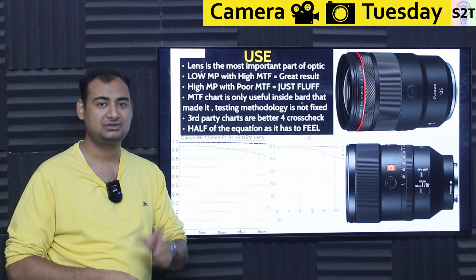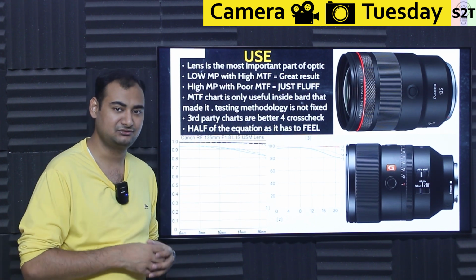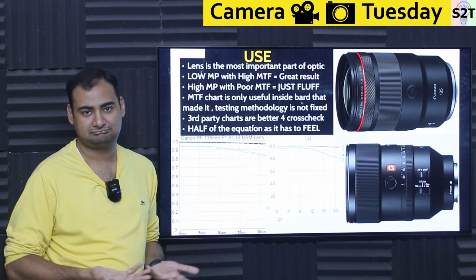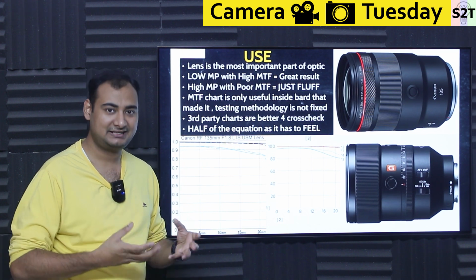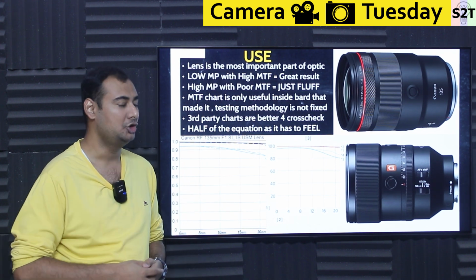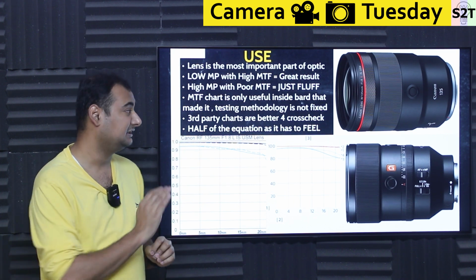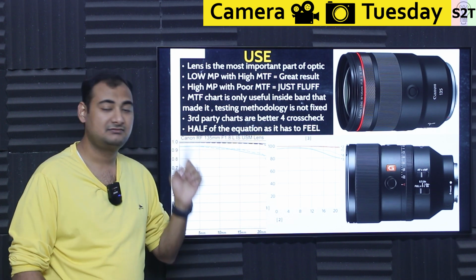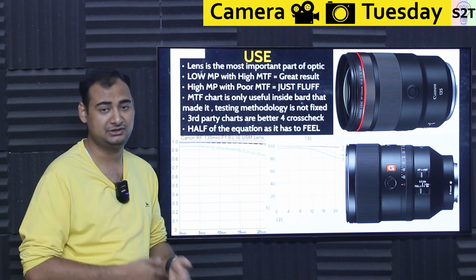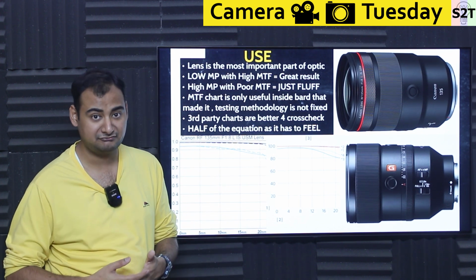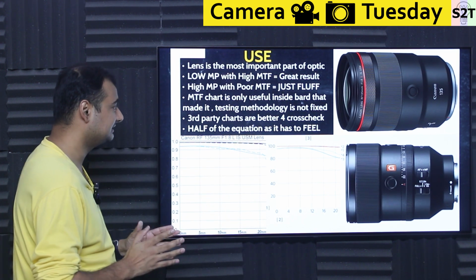Why? Because it's huge and they know for a fact that the lens can only resolve that much. So they are focusing more on color rendition rather than going YOLO on megapixels. You can have 8K in your point and shoot, but does it have enough lens power to resolve 8K? No. So that's why low megapixel with a high MTF lens will always give you better results compared to high megapixel with poor MTF. Be very mindful, and that's the primary reason why 100 megapixel in a mobile phone does not mean anything, while 100 megapixel in a medium format where they have a lens that is actually matched to it, you'll be like, damn. So this is the whole point.